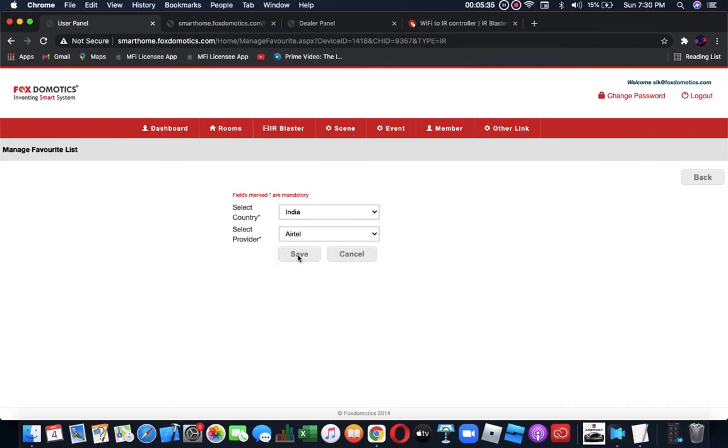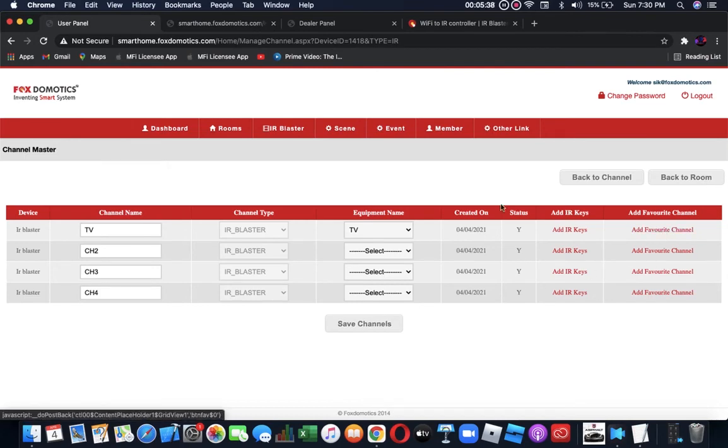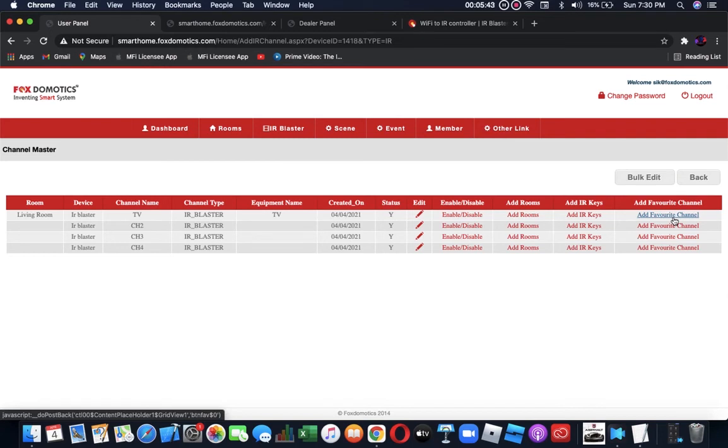If I select Airtel, the favorite channels are added. These favorites are icon-based channels like Zee Cinema. The customer can click on Zee Cinema and it will automatically dial the channel number 234. If Zee Cinema or Star Movies is 234, so the channel number is 234 on your dish provider, the customer just needs to press Star Movies, and 234 will be emitted from the IR Blaster and the TV will automatically switch to Star Movies. So that is the use of add favorite channel.